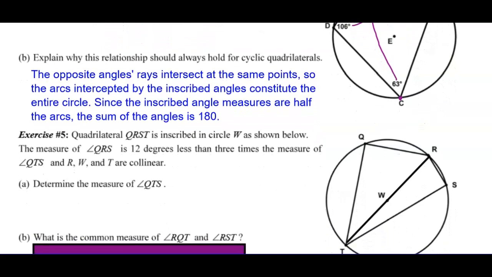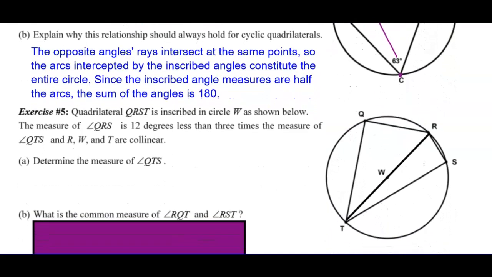All right. Quadrilateral QRST is inscribed in circle W as shown. So we have QRS 12 degrees less than 3 times the measure of QTS. So it seems like QRS is based off of QTS. Let's put a 12 degrees. QRS is 12 degrees less than 3 times the measure of QTS. Right, so this angle here